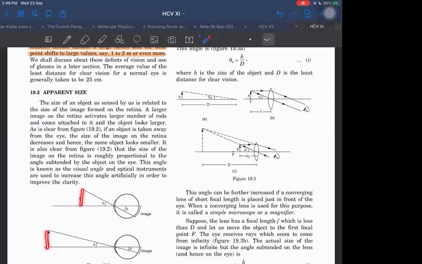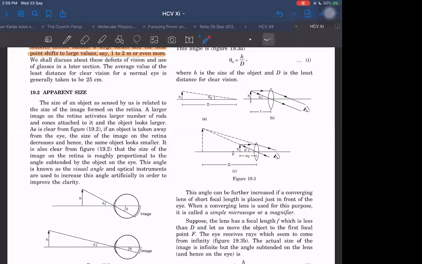According to the normal definition, height of image upon height of object, if that is magnification, then it will come out to be 1. But for our eye, this angle theta and this angle theta are different. So for our eye, these two will not appear to be of equal heights. They will be appearing to be of different heights. As a result, this is appearing to be smaller, this is appearing to be larger. So I can say that for our eye, this appears to be more magnified as compared to this. Is it right or not? Yes, sir. This appears to be more magnified because angle is larger, image formed will be larger.